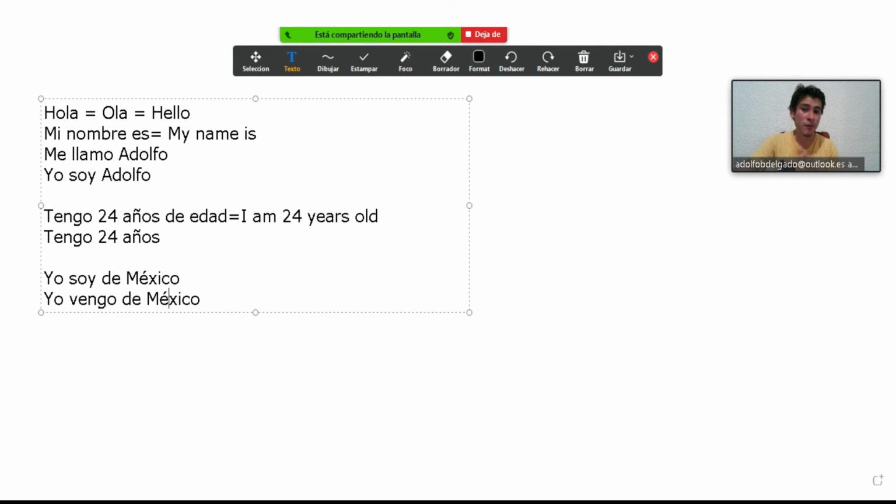If you want to be formal, you will have to write, for example, in this case, hola with the letter H. But if you want to be informal, you don't have to write in the correct way. You can omit the accent marks or even certain letters.